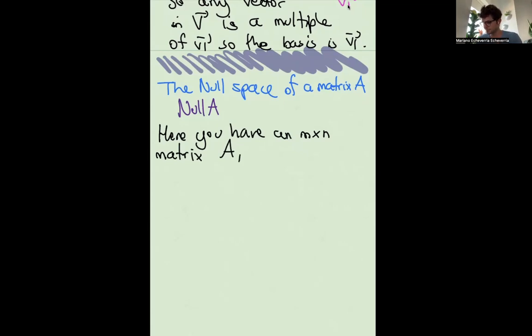So the null space consists of all the vectors v